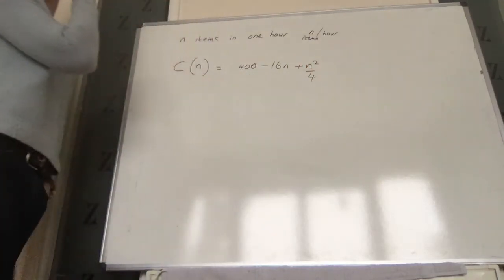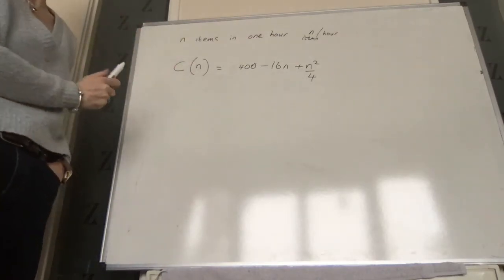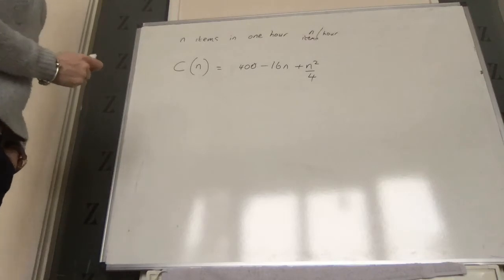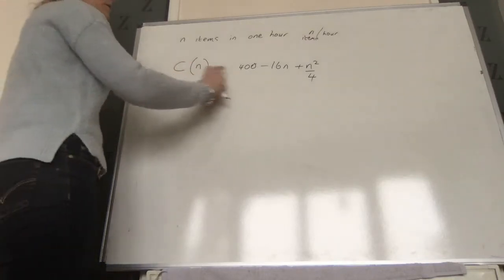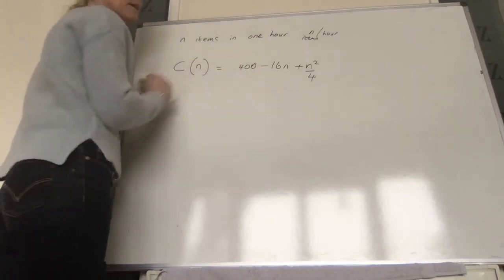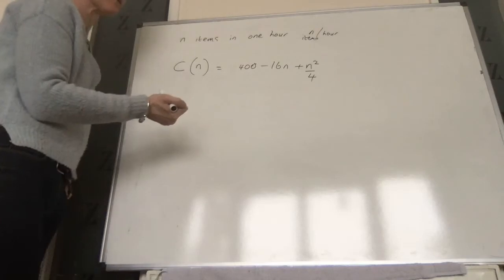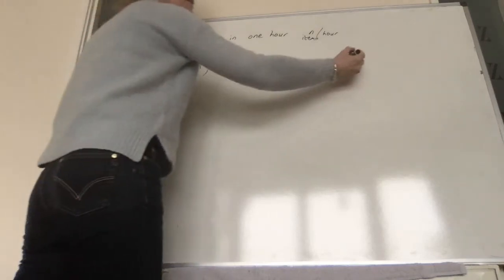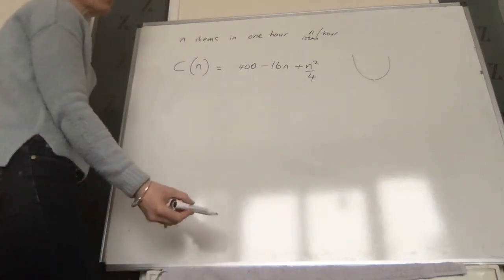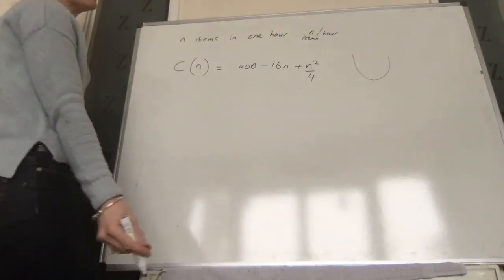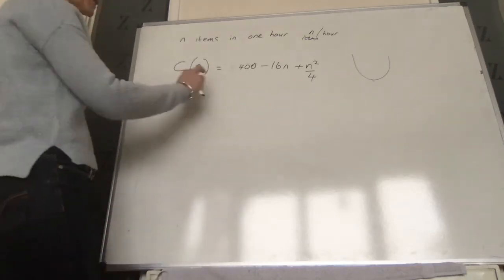Okay? And the question is, how many items, what value of n? In other words, how many items should be produced to keep the overhead to a minimum? So we want to know what value of n will make this a minimum. Now, just looking at it anyway, it's a plus n squared graph, so it should be a U shape. So we know, actually in this situation, we're only going to get a minimum when we put dy by dx equal to 0. Or not necessarily dy by dx, in this case it's